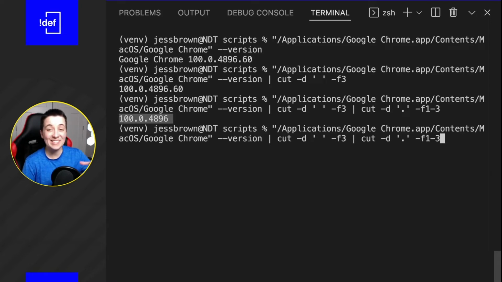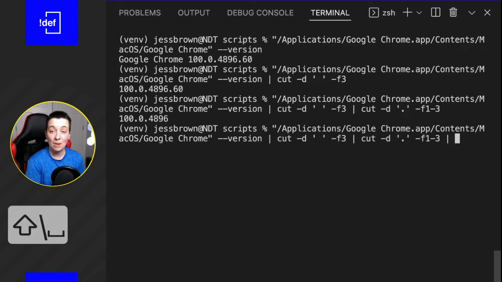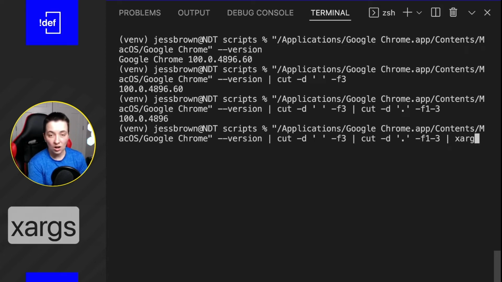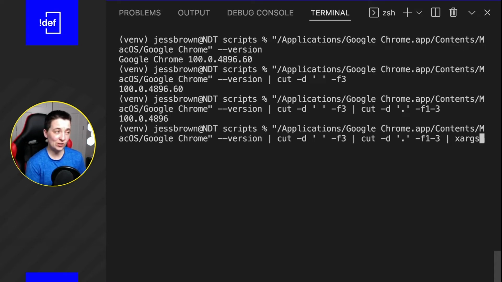So we might as well take all of this, and instead of saving the Chrome version that needs to be then converted into the Chromedriver version, we're actually just going to do this all in one step. So I'm going to pipe this one more time because we want to take this version and put this into what's called Xargs. And what this allows us to do is